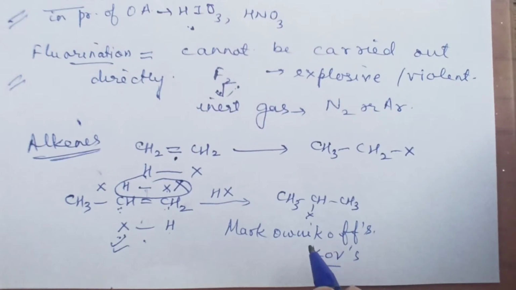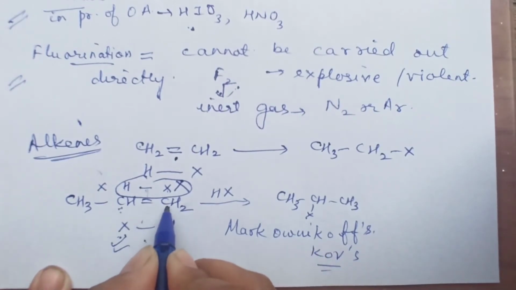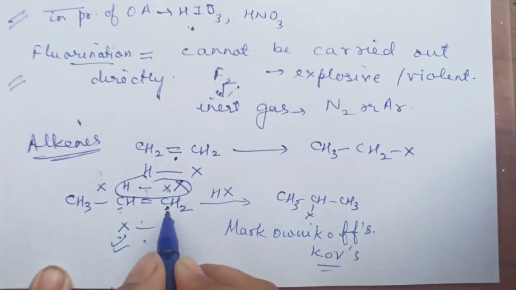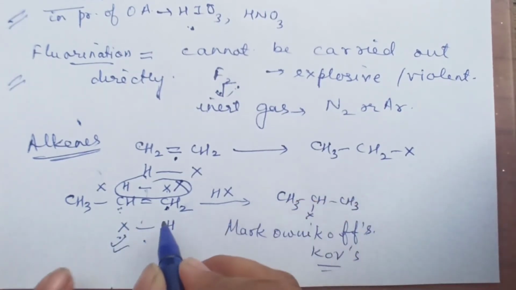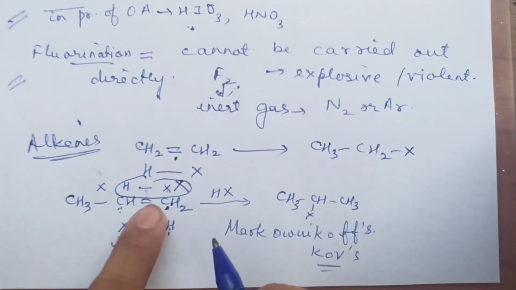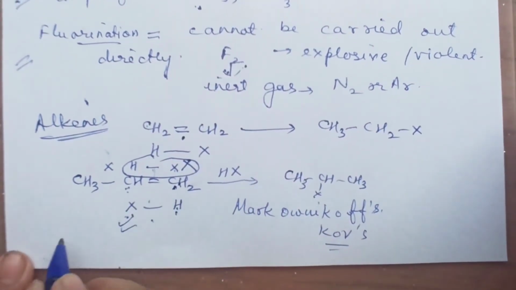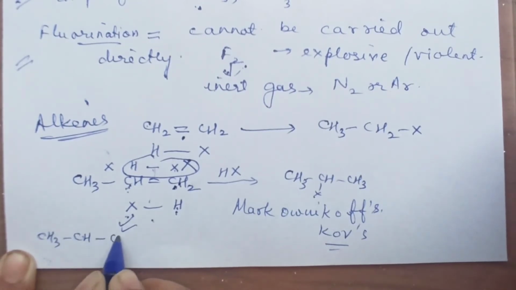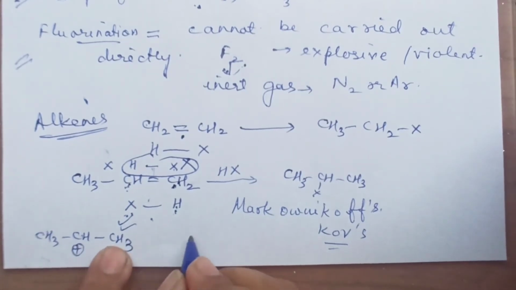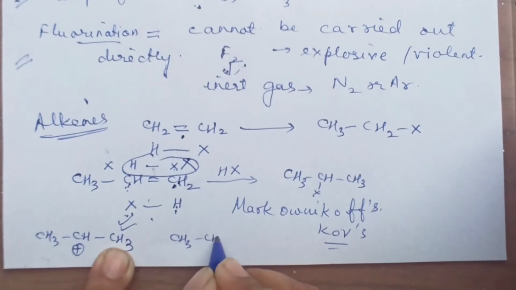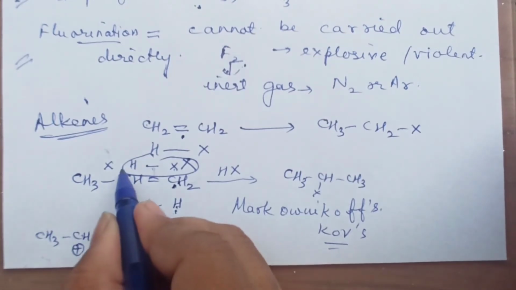Why is it so? It says hydrogen adds on first. When hydrogen adds on first, there are two possibilities. If I write the mechanism of this, hydrogen may add here, this side or this side. So there are two different possibilities of carbocations forming. Suppose I add hydrogen here, I am getting this as H, and this becomes a carbocation. Or another possibility is CH3, I add hydrogen here. The first possibility.